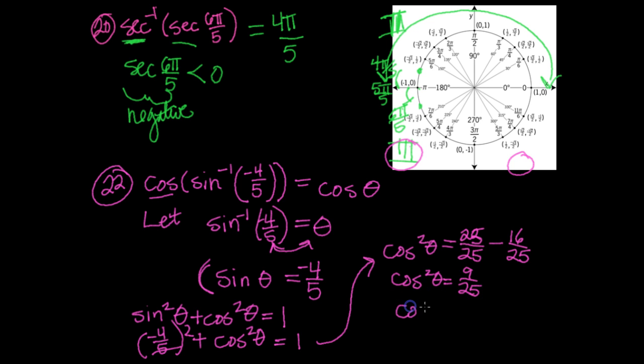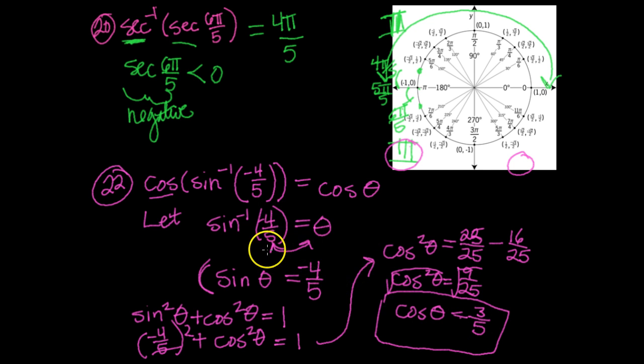And so that tells me that cosine theta is equal to the square root of both sides, so that would be 3/5. So I know that cosine theta is equal to 3/5. And I didn't finish that. I said that